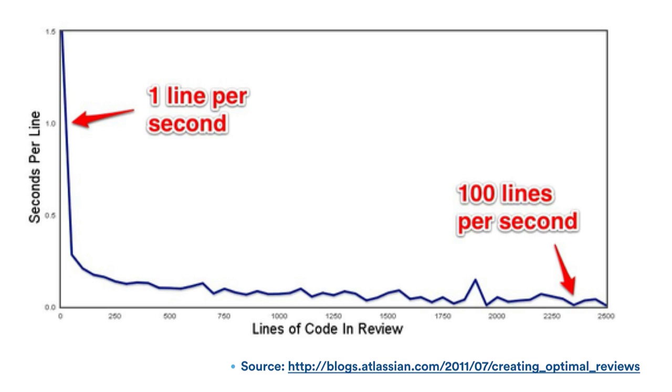This is a chart plotting the number of lines in a code review against the number of seconds that reviewers are looking at each line. And as you can see, the more lines there are in the review, the less amount of time people are spending looking at the changes. And as you get into the thousands and people are looking at 100 lines per second, they're not really understanding or seeing your changes, and your pull request is useless. So once again, try and open small pull requests when you can.